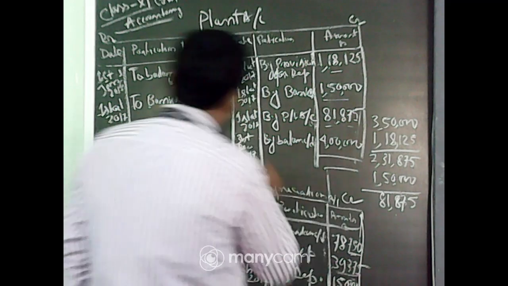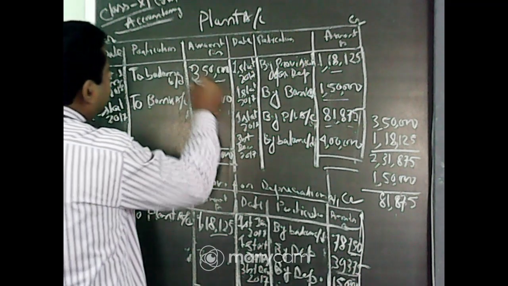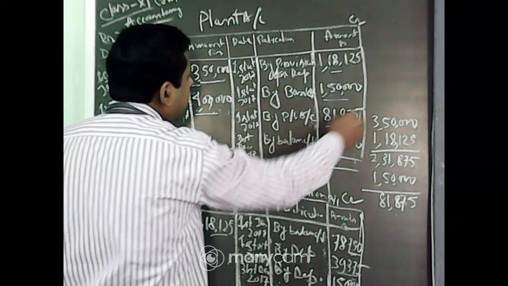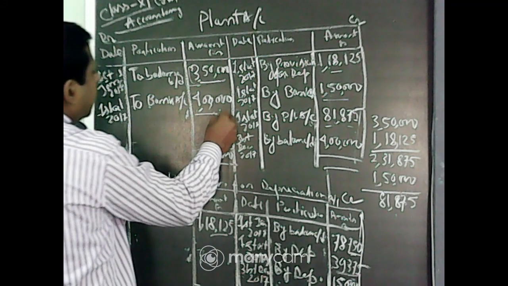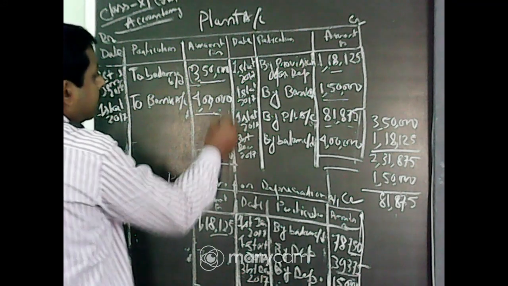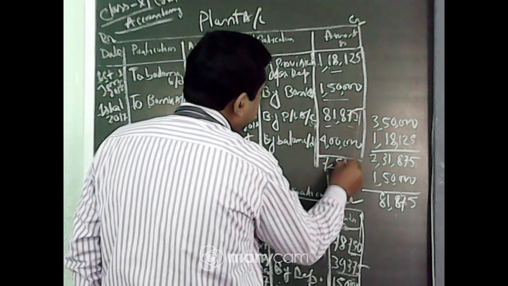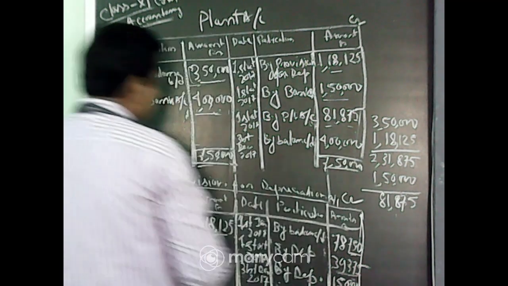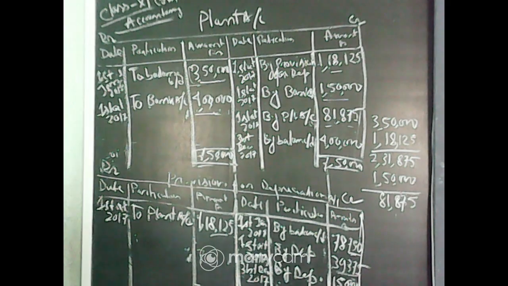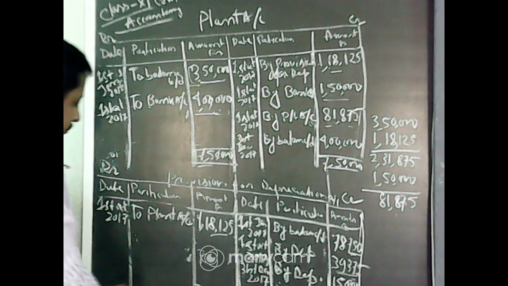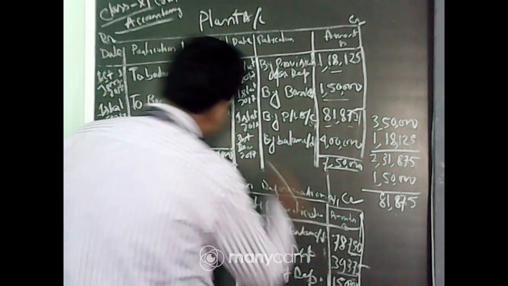The original cost which was left, because this machine is already sold off, and that value comes here. So only 4 lakh, the new machine which was purchased, is left. So that 4 lakh we have to transfer to the next year. Okay, that is 7,50,000. Here we have already charged depreciation upon 4 lakh.